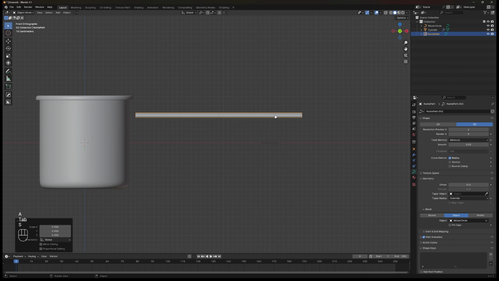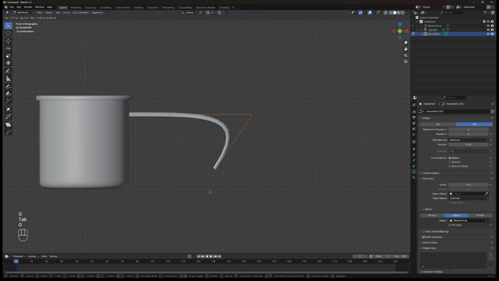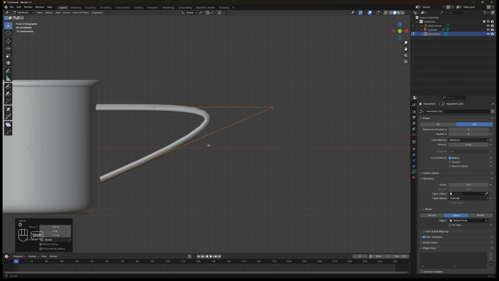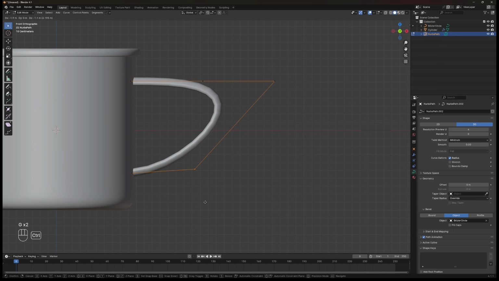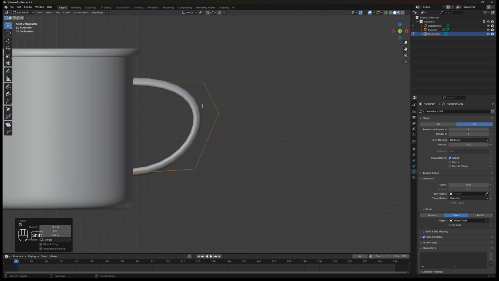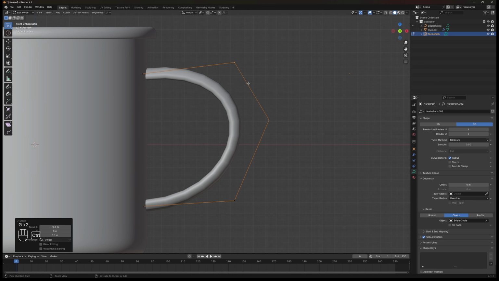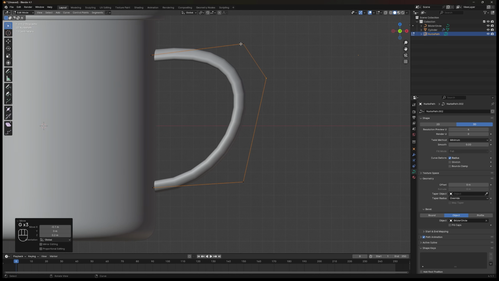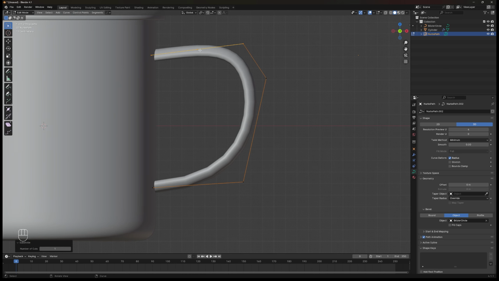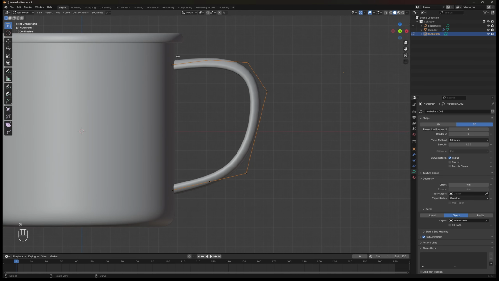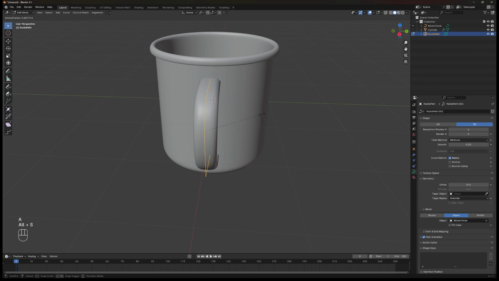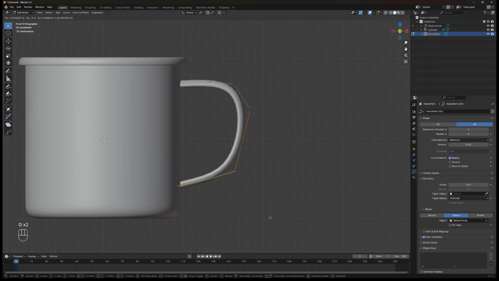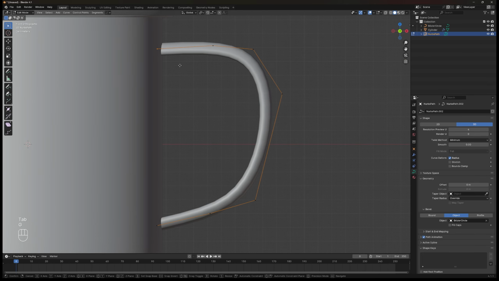Now drag the path close to the cup and then rearrange the vertices until it forms an ear shape. So you can shape it as you like, including the shape of the Bezier circle. So don't worry, it can still be edited and is non-destructive for now. You could subdivide the vertex and scale its size by pressing Alt plus S for individual or all the vertices. You can do this all night long to create the ear shape if you want, but I think I'm satisfied enough with the shape.